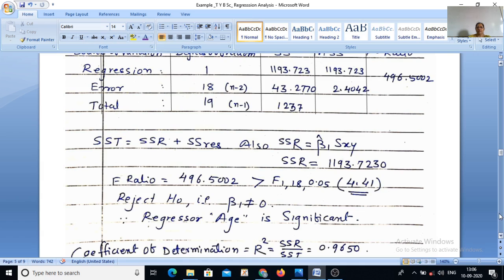We proceed to multivariate analysis. That means when we have more than one independent variable, how to fit regression models to those data sets, and how to validate our regression coefficients in that case.